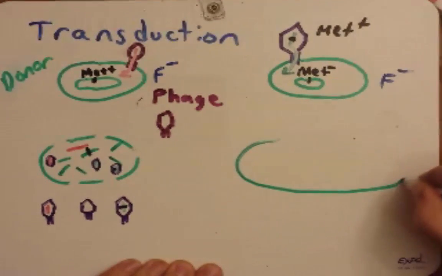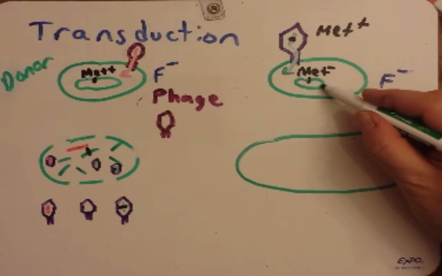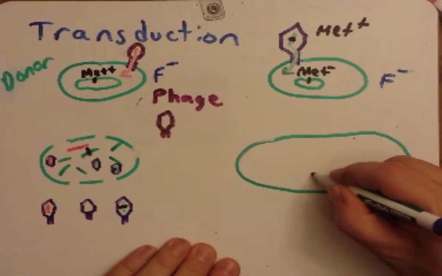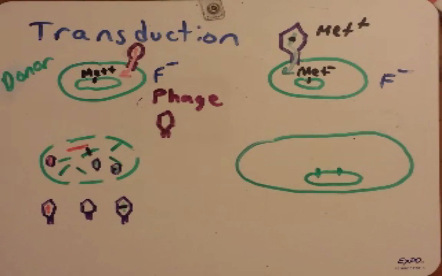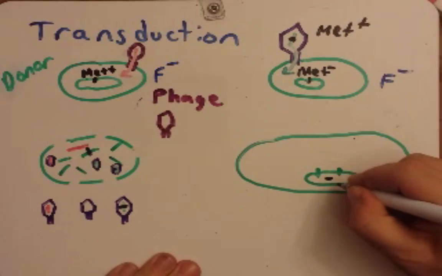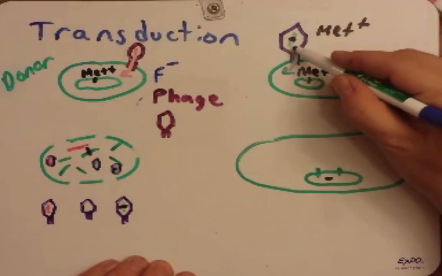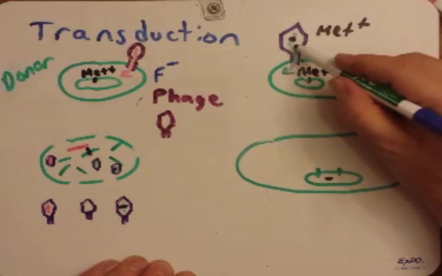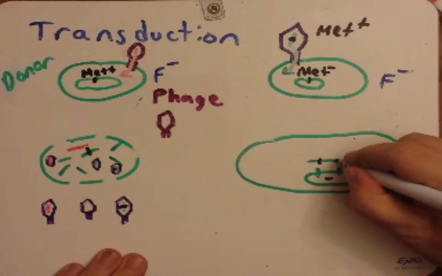I'm going to draw this E. coli. I'm going to draw it a little bit bigger too. We're blowing this out a little bit so we can see it. And this original one that was present all along, it's right here, and I'm going to draw it like so. And I'm going to write minus under it, just so we remember that it's a met minus cell. This genome from the bacteriophage is now right here. And it contains